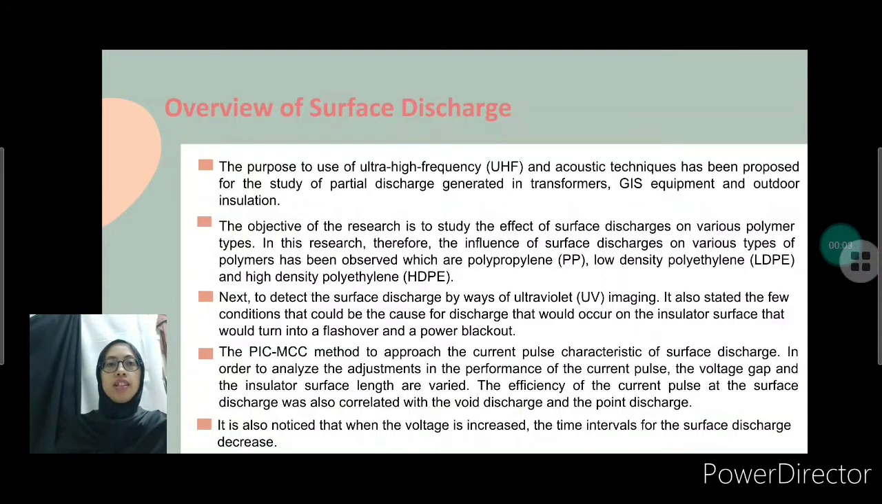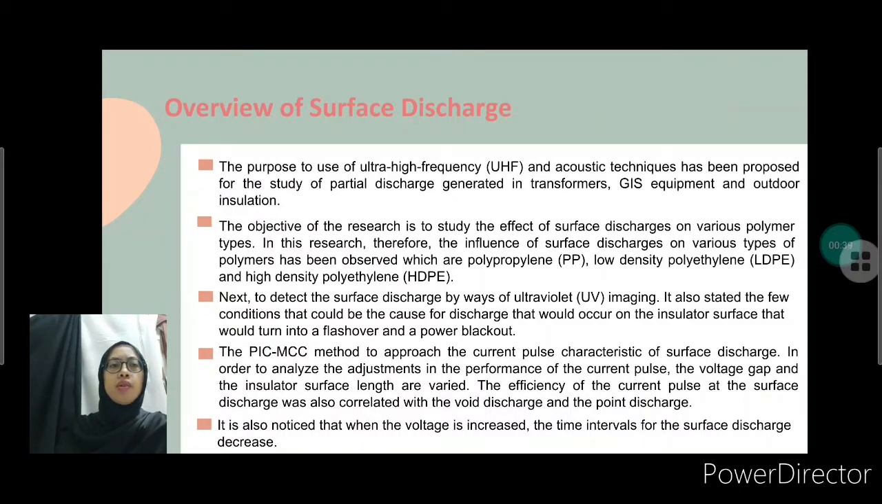Overview of surface discharge. The use of ultra-high frequency UHF and acoustic technique has been proposed for the study of partial discharge generated in transformer, GIS equipment, and outdoor installation. The objective of the research is to study the effect of surface discharge on various polymer types. In this research, therefore, the influence of surface discharge on various types of polymer has been observed, which are